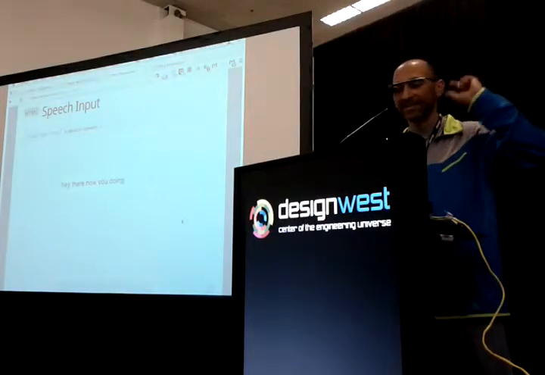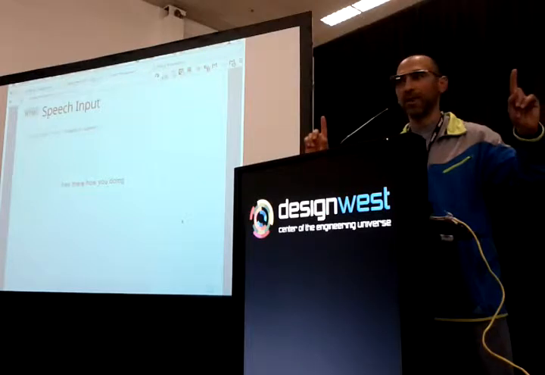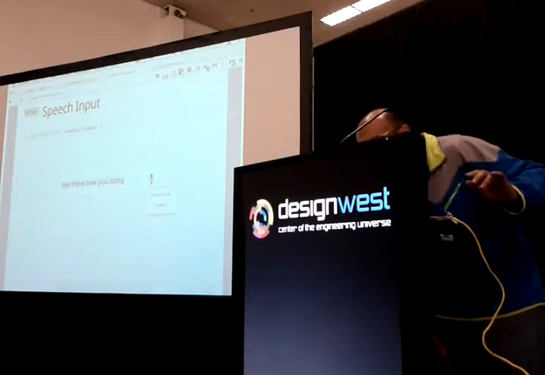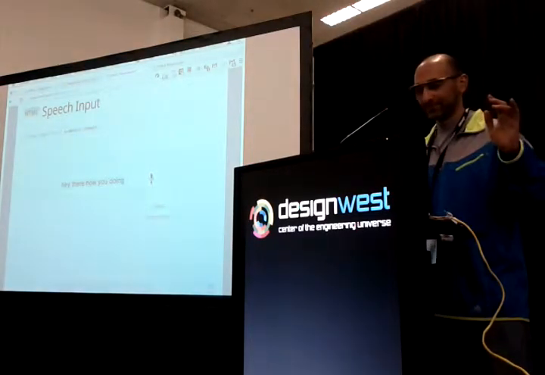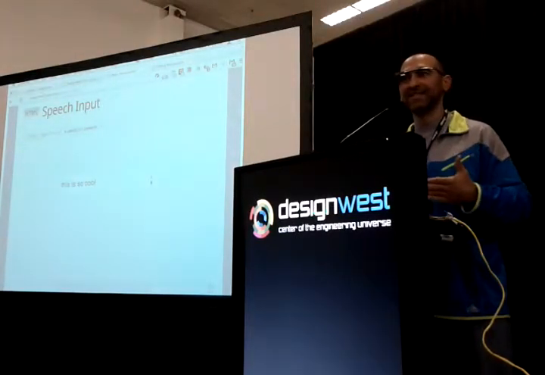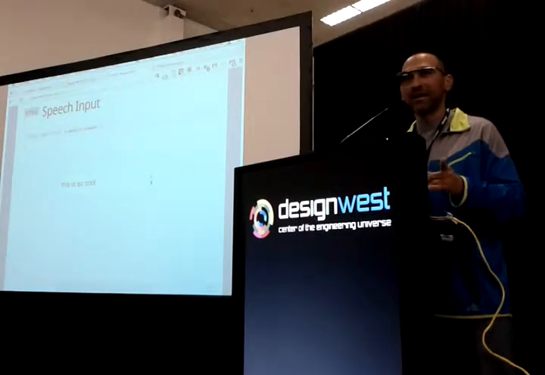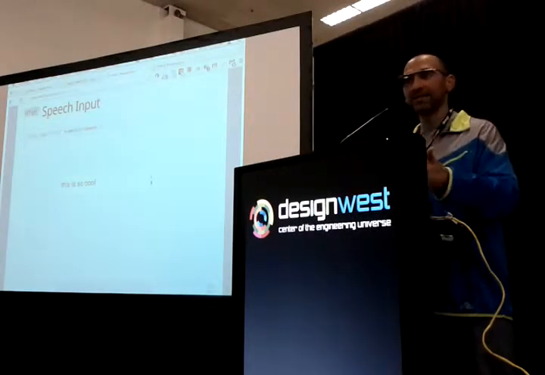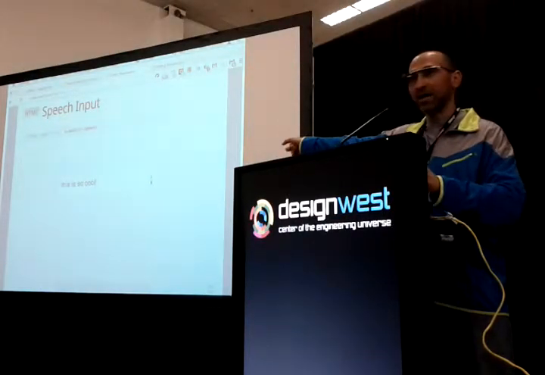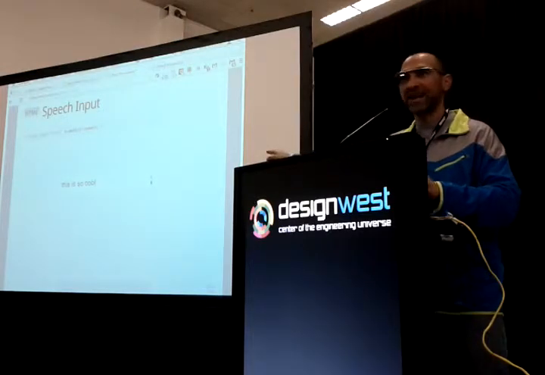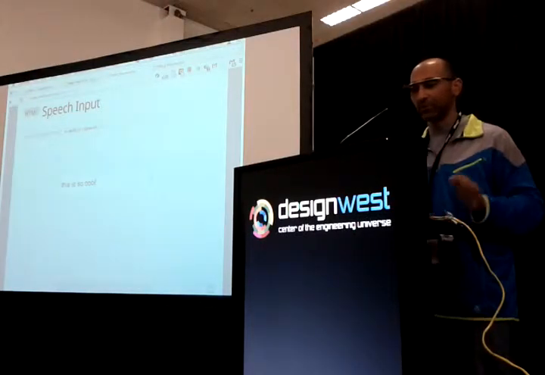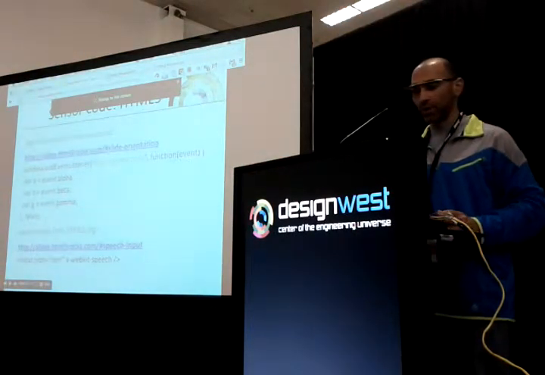Phenomenal voice to text. And it's one line of HTML. So when you're doing your mobile development, right? This is so cool. You now have an ability to put voice to text with one line of HTML5 in all your applications. Then this HTML text box has an ID, and in JavaScript, all you do is you get that ID and you say get text, right? Super easy. HTML5 makes it absolutely wonderful to be able to work with these sensors.